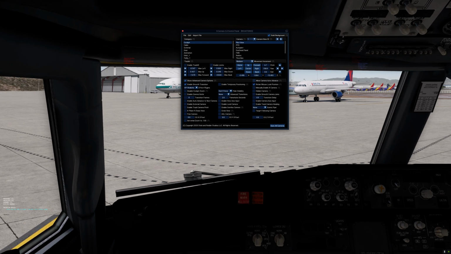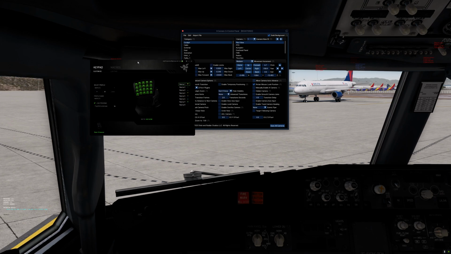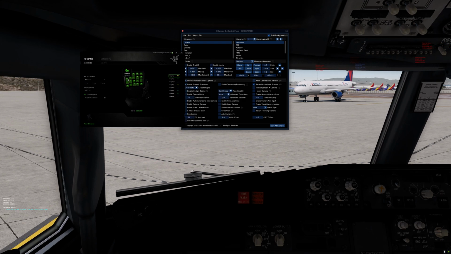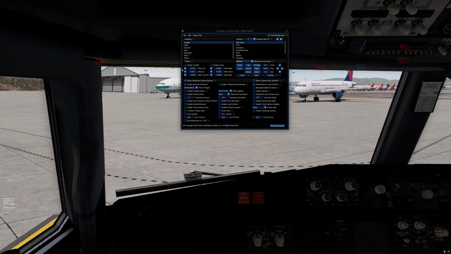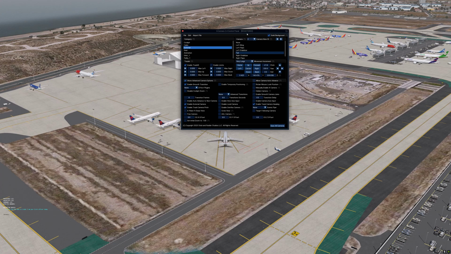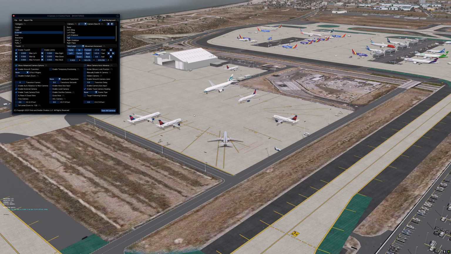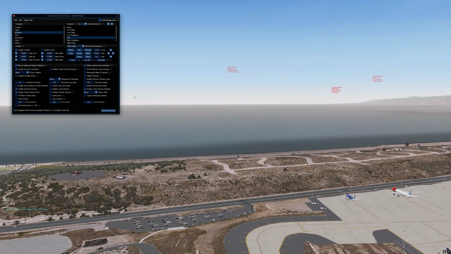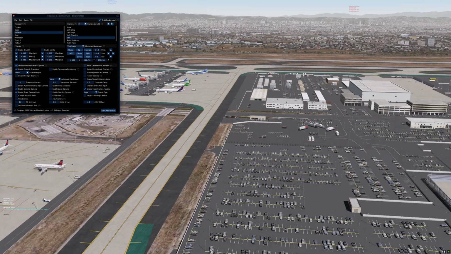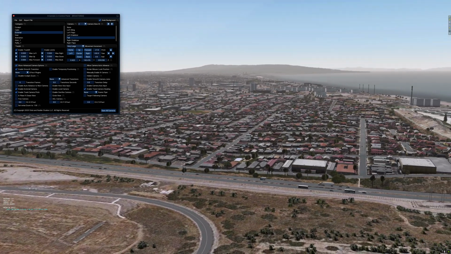Row 2, button 2 is my second most used view, and that is the only real external view that I need. Here's row 2, button 1. Here's row 2, button 2. The only external view that I really need all the time is my tail view. And the tail view is good for taxiing, and also using the left mouse button, you can get an overview of your entire surroundings. You can look at what's behind you, what's ahead of you. Great